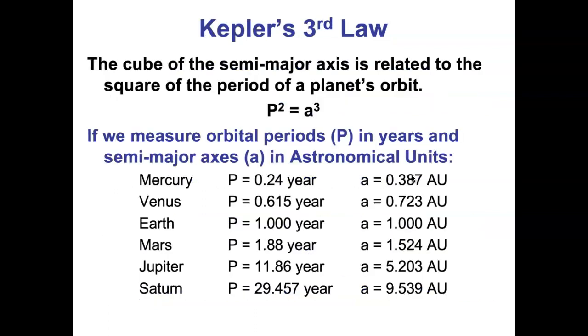Okay, so Kepler's first two laws worked great, and then he kept on working, and it turns out he found a third law, and Kepler's third law is that there's a simple relationship between the period of the orbit and the semi-major axis of the orbit. Okay, I talked about the major axis. I didn't talk about the semi-major axis. What the heck is that?